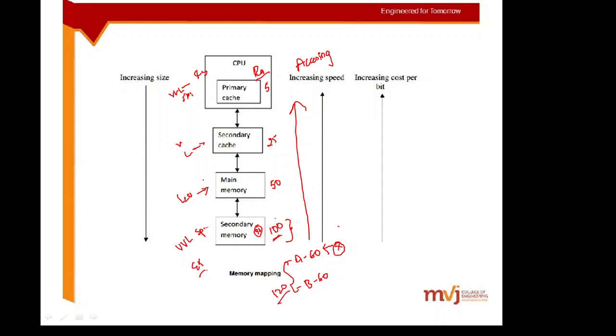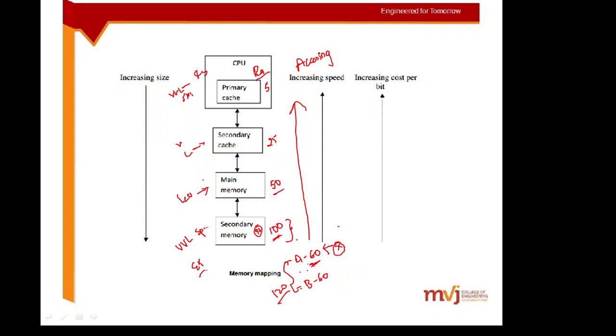What I mean to say is, if there are fewer instructions, I can easily identify my instruction. If there are more instructions, finding a particular instruction is going to be a bit difficult. That's what I mean to say. Here the secondary memory holds many more instructions, so whichever instruction I am looking for, I can find it, but it is going to be time taking. So the access time is going to be more.